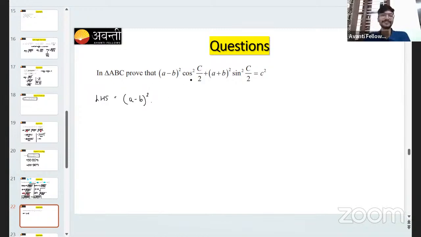Okay, let's do it. Cos square c by 2, the square root disappeared, so we got s minus c upon ab, correct, plus a plus b the whole square into